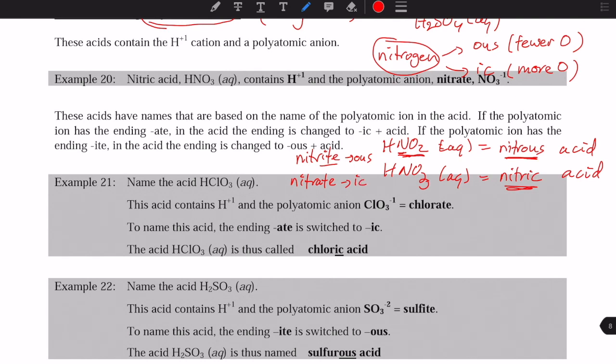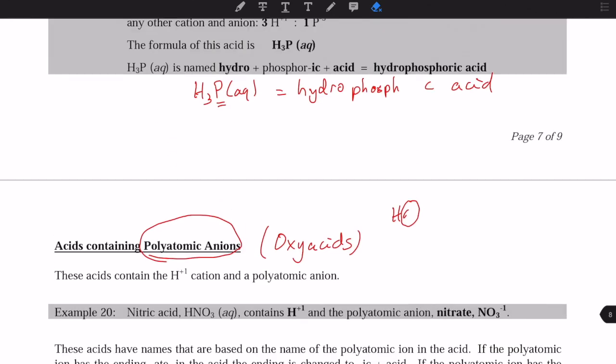Let's do it with another one. Just to rephrase this a little bit before I continue: if your polyatomic ion ends in ITE, then your acid name ends in OUS. If it's ATE, then it ends in IC. So let's try this out again. Let's say now we have